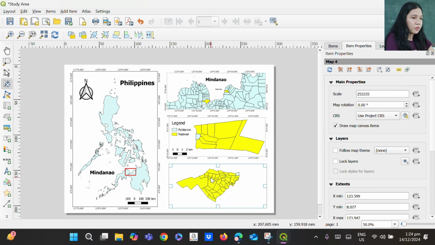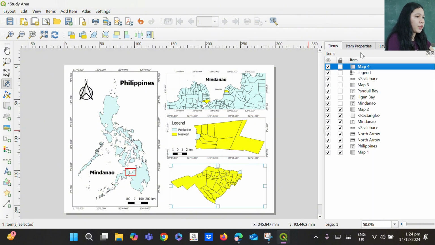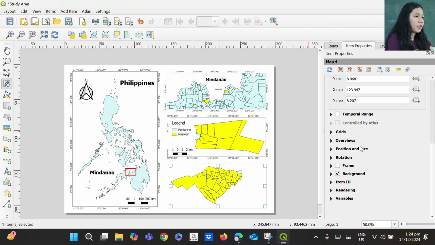You can move the map around using the timeline. You can have date, so 2022. I think this is okay. Again, lock the layer so that it will not move when you're changing the other map. Just the same step like earlier.